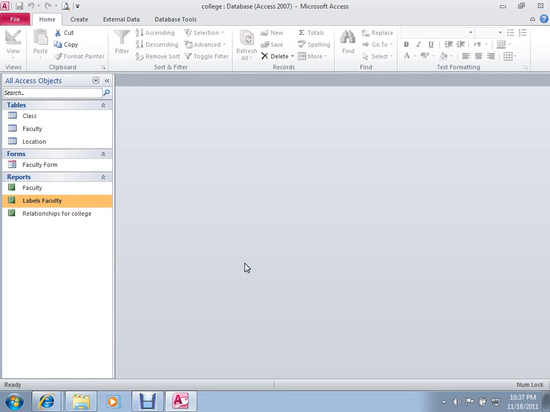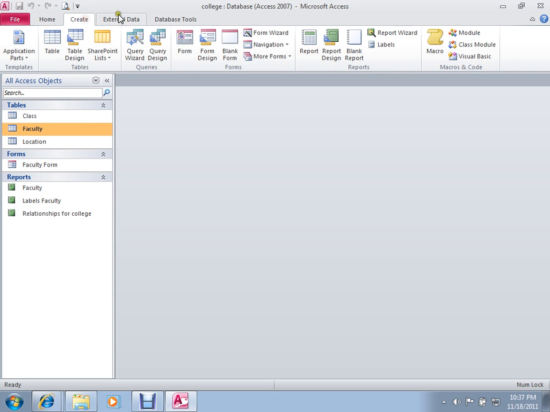I want to create a report that will list all of the faculty members within their departments and also list the salary for the faculty members. In addition, I would like to list the raise that they'll be getting this next year. So I'm going to click on Faculty Table, go to Create, and again I like using the wizard, so I'll